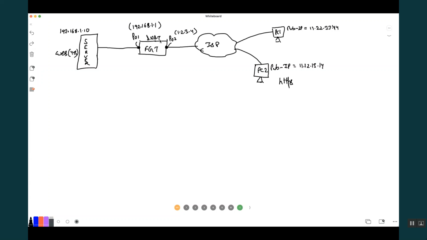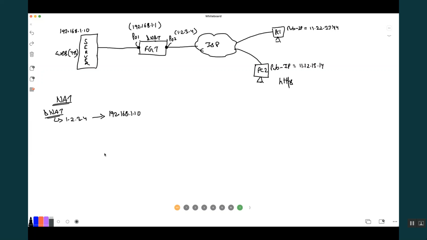In the DNAT configuration, you have told it to translate the destination. If any packet has the destination 1.2.3.4, translate it to 192.168.1.10.